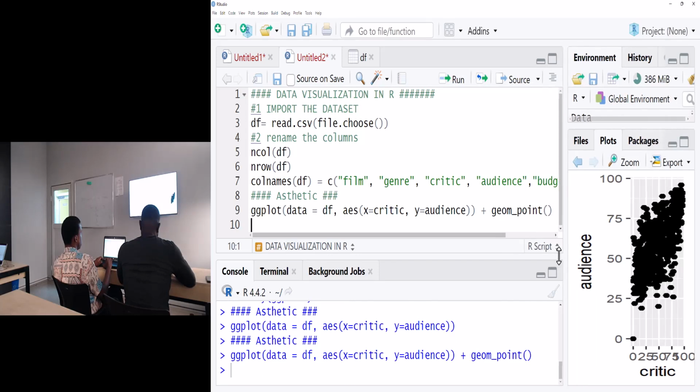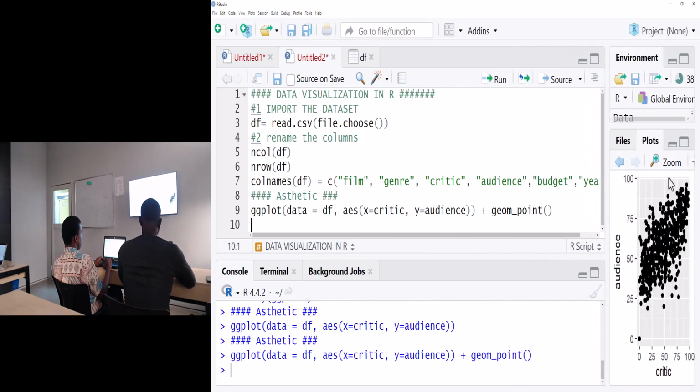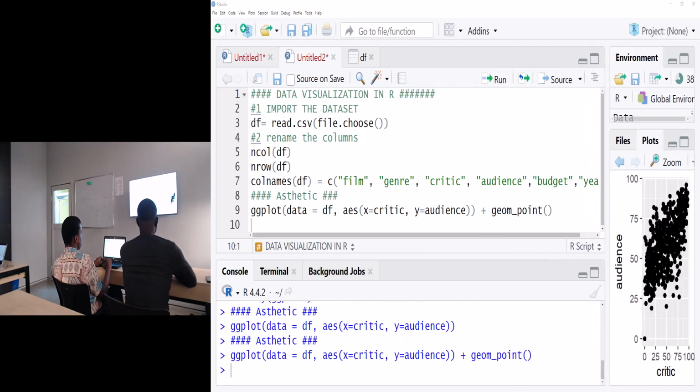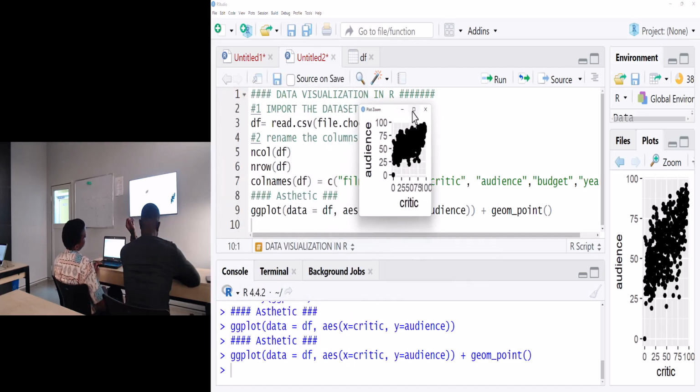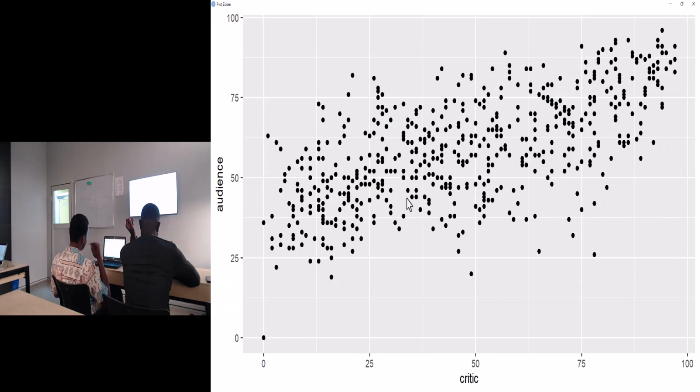And now you should have, if you click on the zoom, it opens your chart in a brand new window. Yes, very helpful. Opens your chart in a brand new window. And now we can see that